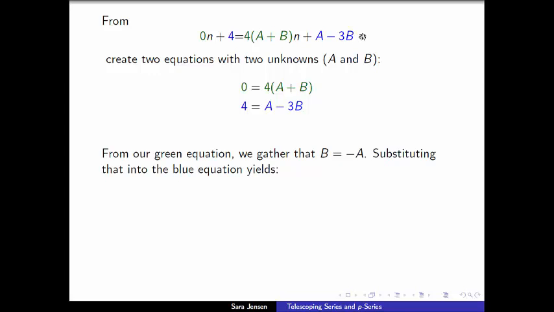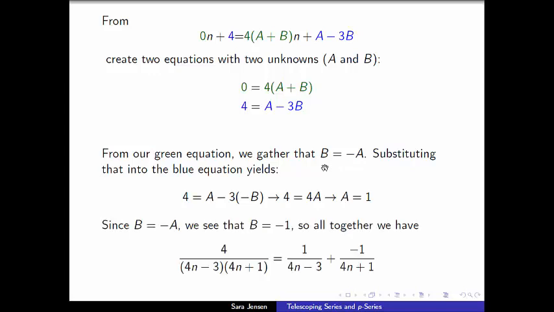One way to do this is to focus first on the green equation, noting that dividing both sides by 4 and then moving the a to the other side, we get that b is equal to negative a. If I then make that substitution for b into the blue equation, I find that 4 is equal to 4a, and therefore a is equal to 1. Then plugging that value of a back into this equation, I find that b is equal to negative 1,